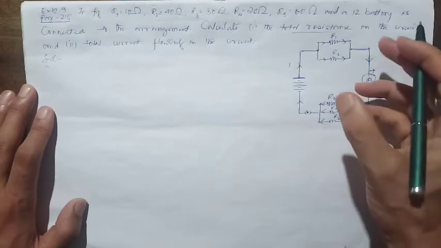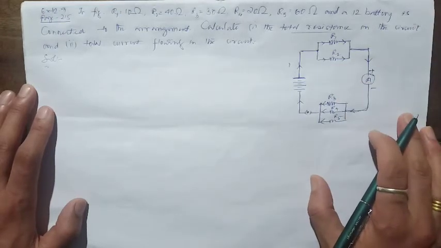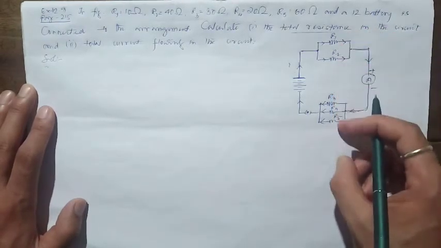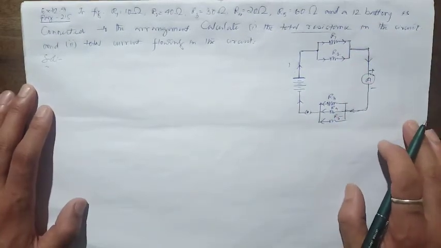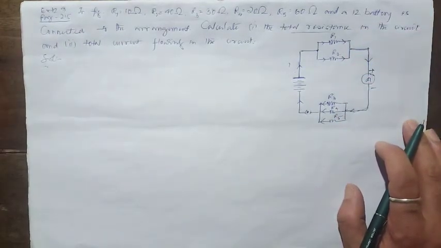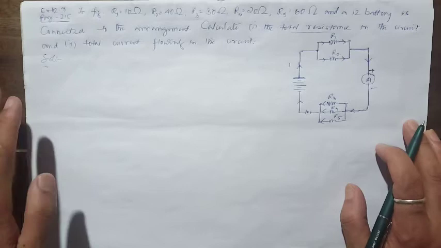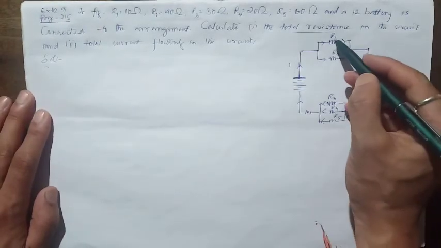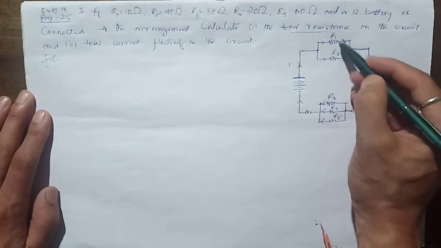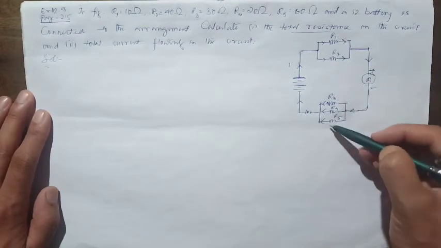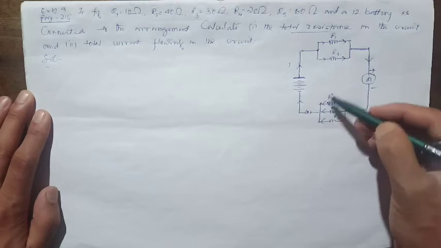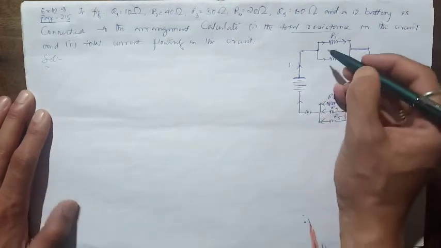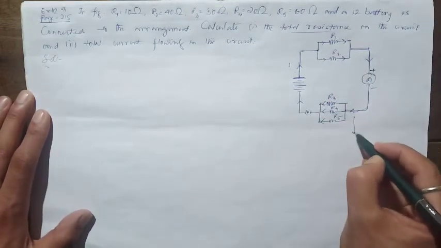Now, student, we must think about reducing the circuit. We start with the 5 resistors. We have to reduce this number of resistors to one single value. So, reducing all these 5 resistors to one single value at one go may not be possible. So, in a number of steps, we'll try and reduce this. Now, student, I can replace these 2 resistors by one single resistance because I know they are connected in parallel. I can also replace these 3 resistors by one single resistance because they are also connected in parallel. Now, let me just redraw this circuit diagram. So, this circuit diagram will look like this.